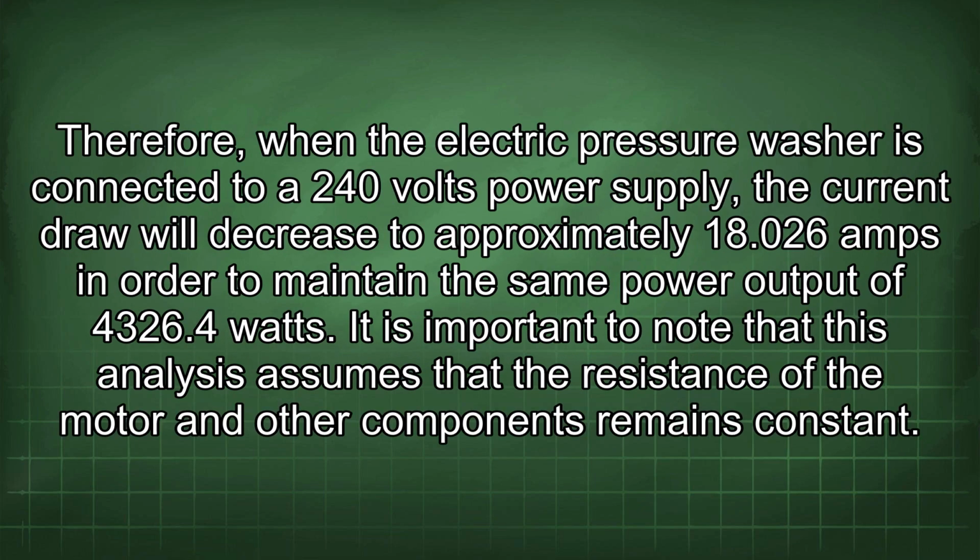Therefore, when the electric pressure washer is connected to a 240 volts power supply, the current draw will decrease to approximately 18.26 amps in order to maintain the same power output of 4326.4 watts. It is important to note that this analysis assumes that the resistance of the motor and other components